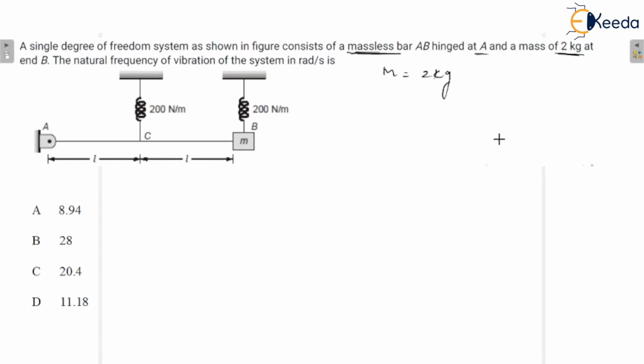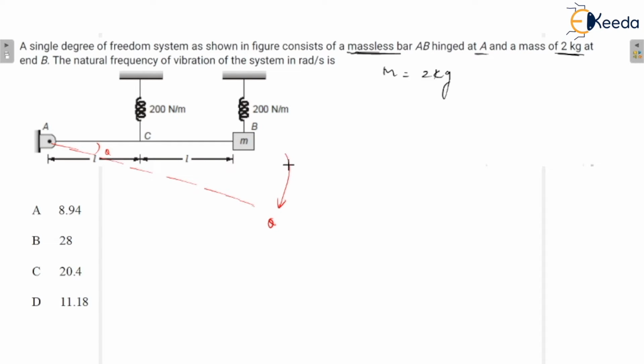When you solve the previous year questions, you can see the questions are basically based on the energy method or torque method. So here again we are going to apply the torque method because it is easy to apply. In the torque method you just have to write down the equations. If you write down the equations accurately, then you will be able to solve the questions very fast. So let us assume that this bar is rotated through an angle theta.